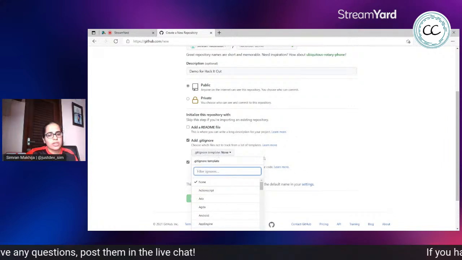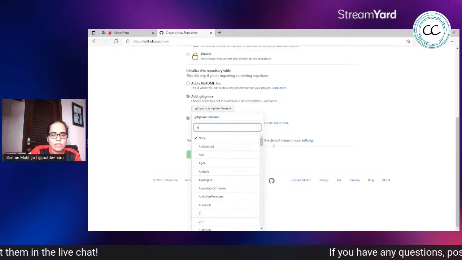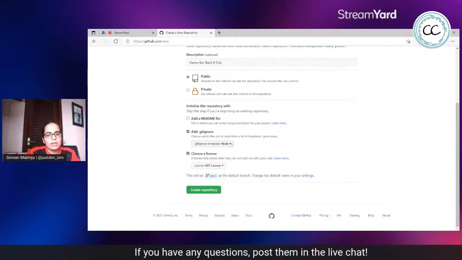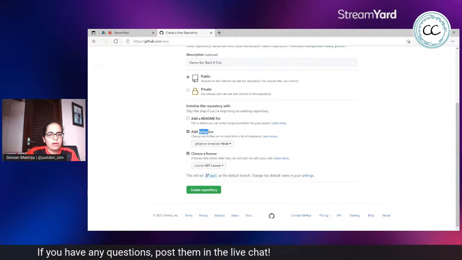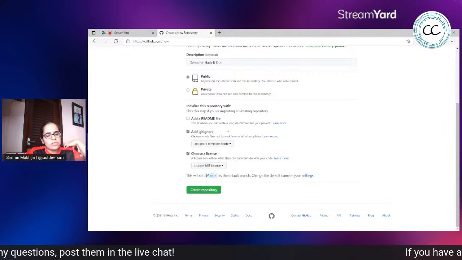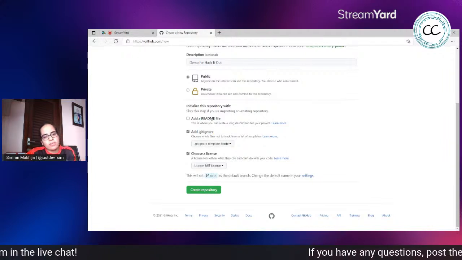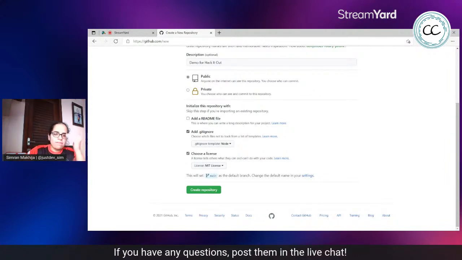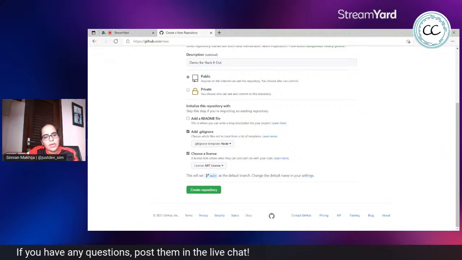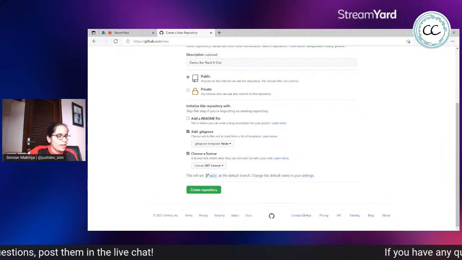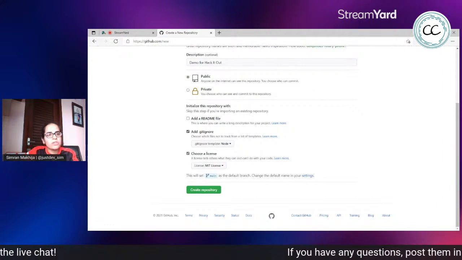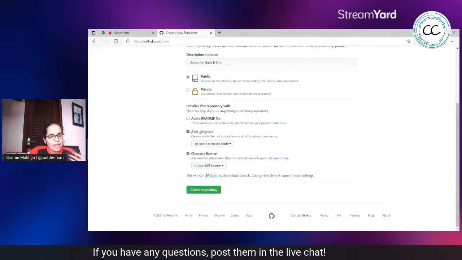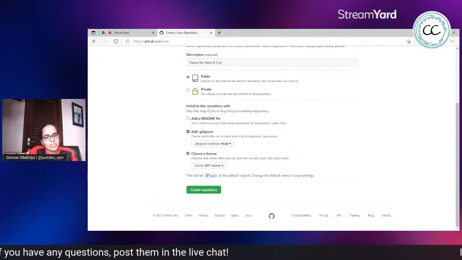And you can use a git ignore template. If you're working with JavaScript, you can find a node template here, which would create a git ignore file with node modules. If you've seen what node modules are, if not, not to worry. A git ignore file is essentially a list of files or folders that you don't want git to track. Like you don't want git to track your node modules because you have a different tracking mechanism for it, which is the package.json you would have in a node project.